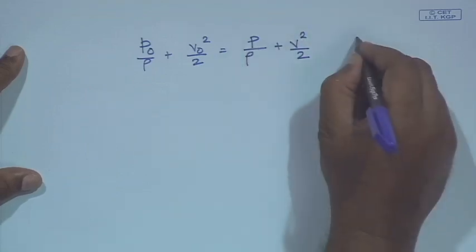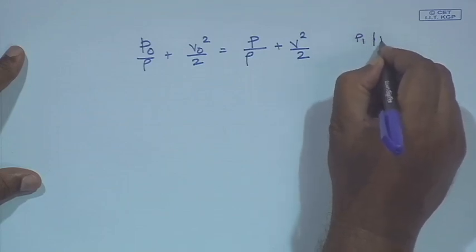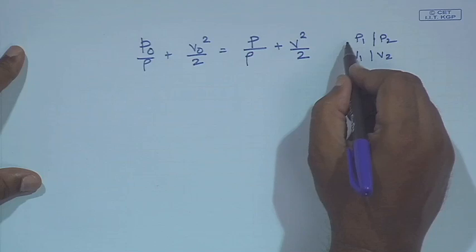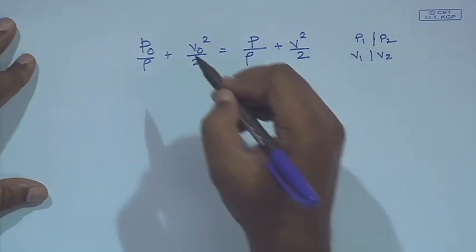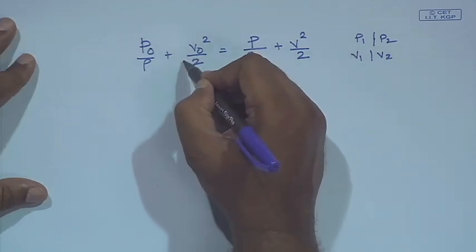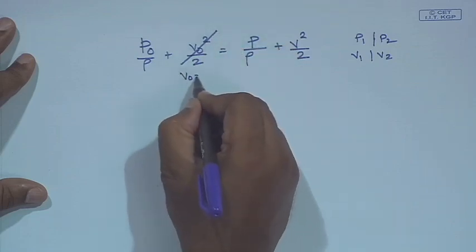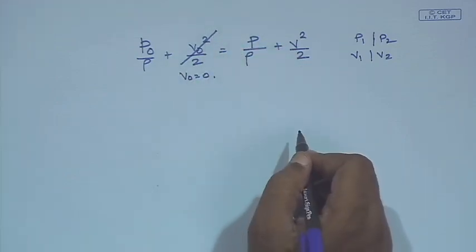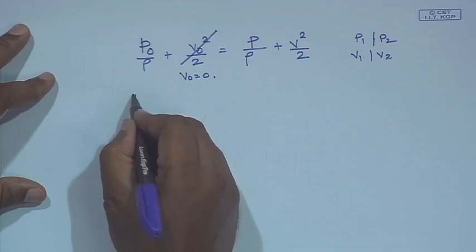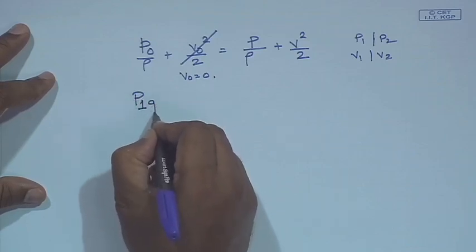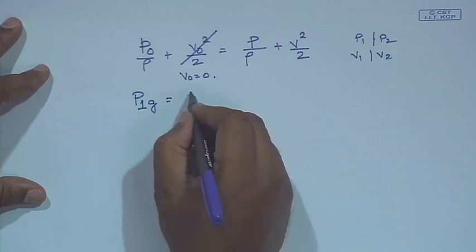So, this P could very well be P1 or P2, and the corresponding velocities are V1 and V2, all in inviscid flow. I also realize that since the air outside of the duct is still air, my V0 is equal to 0, and therefore, the pressure of location 1, if I express in gauge pressure, which would simply be the pressure at